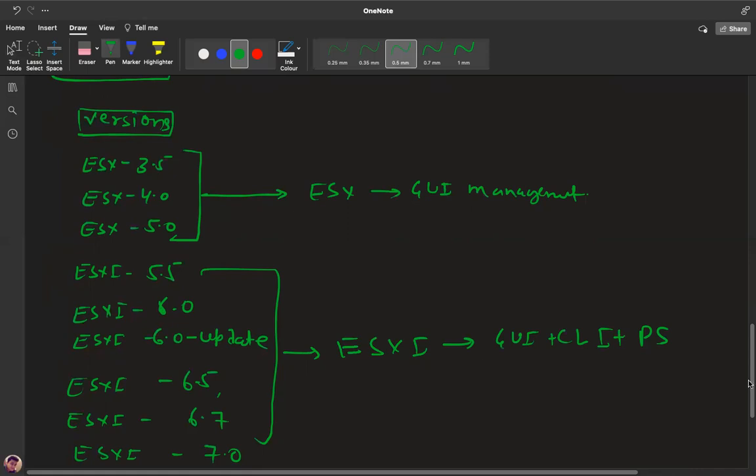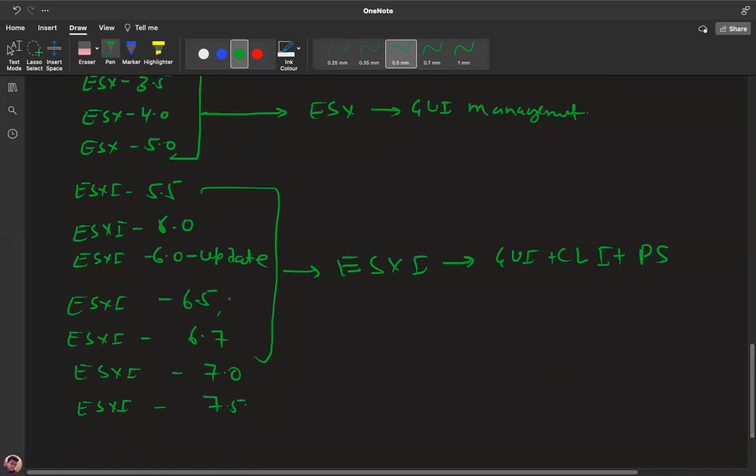And if we talk about the latest versions, between 6.5 and 7.5, it's automation based. Automation based means you just need to create an automation script and no need to do anything. Automatically, it will manage each and every activity.